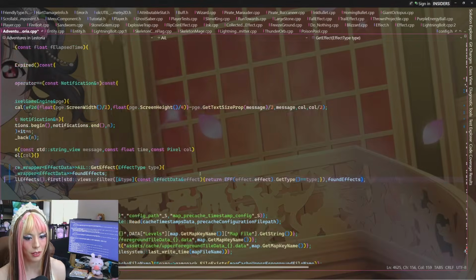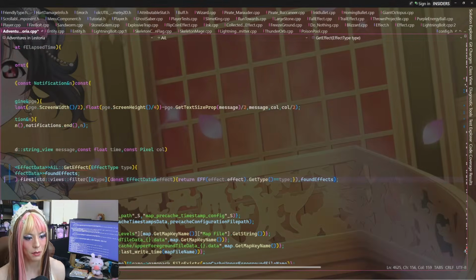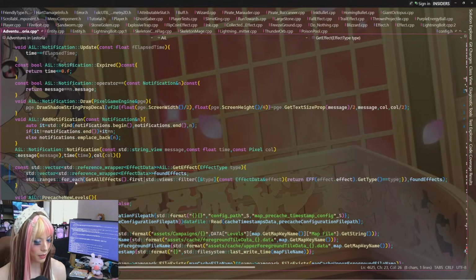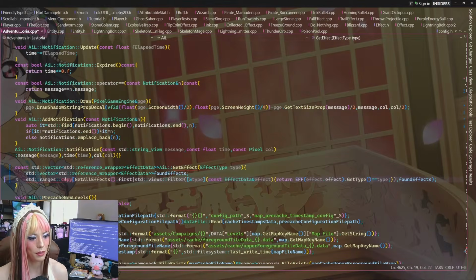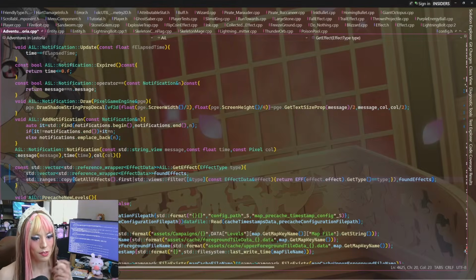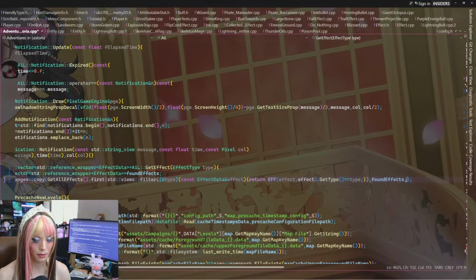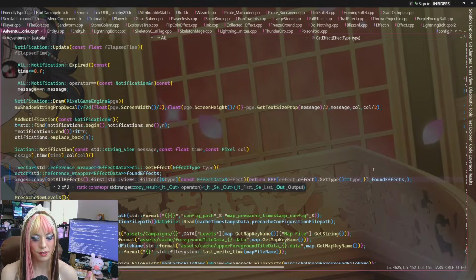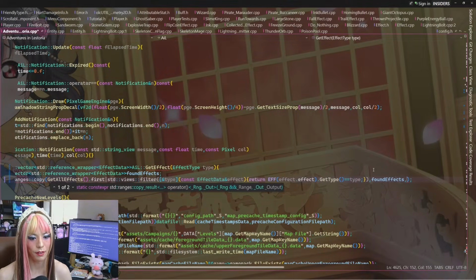But if this is a for each, I have to take each value obtained from the filter and insert it into found effects. So this would actually turn into a copy, I think, if I know using the filter what I'm copying. So that actually makes more sense. So the copy is, I think this, comment that. What am I missing? First, last, and output? No, range and output.